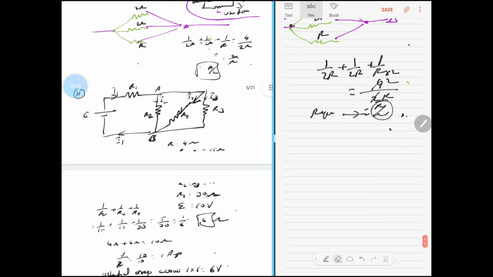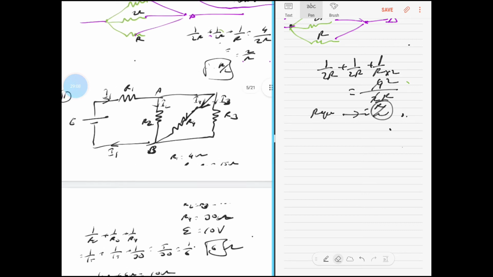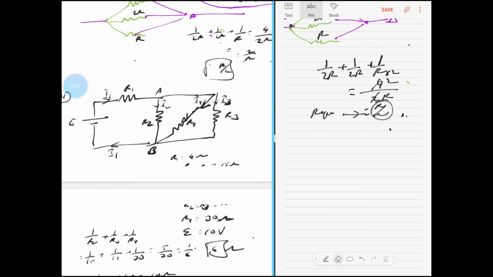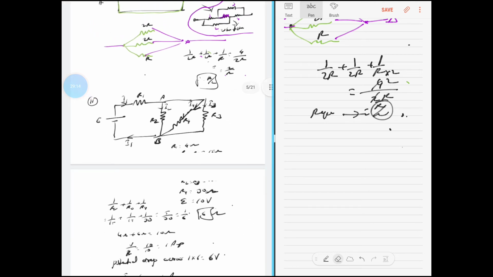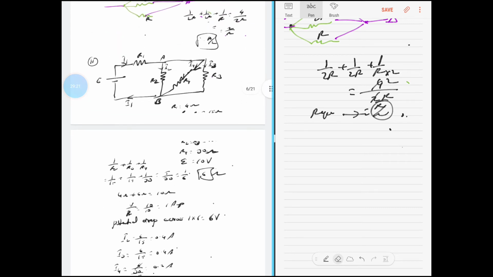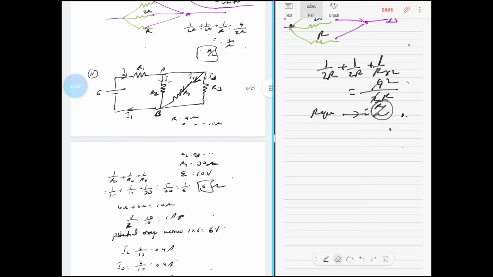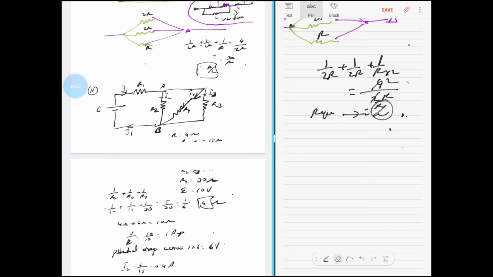Look at the next. So how do I resolve this? We have only one battery, so there's no question of E1 plus E2 or E1 minus E2 potential. So no such confusions here. We are going to find R equivalent first and basically find the current through each resistor. The question goes like that, so you can guess the question by looking at the way I've answered.